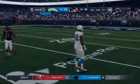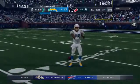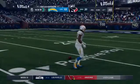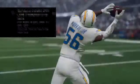Good job, baby. Way to hold on. Three turnovers. I think what we saw in this one today